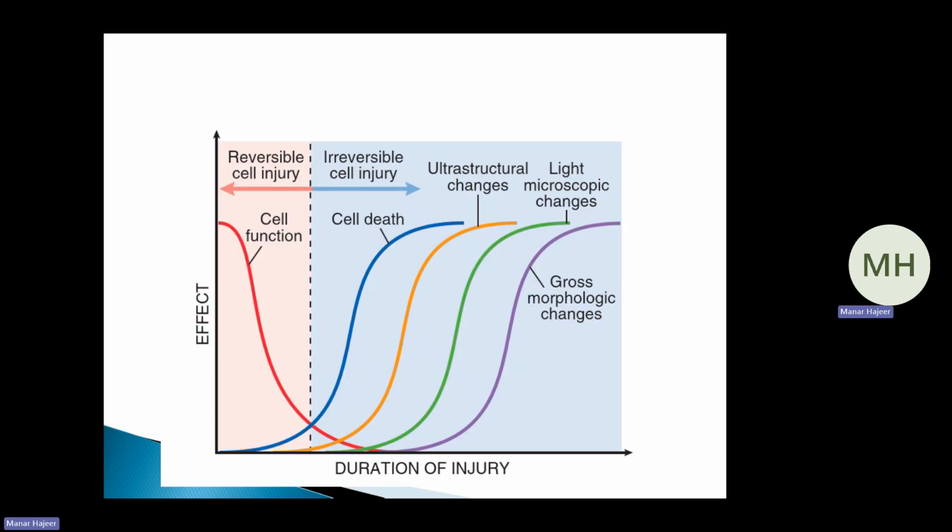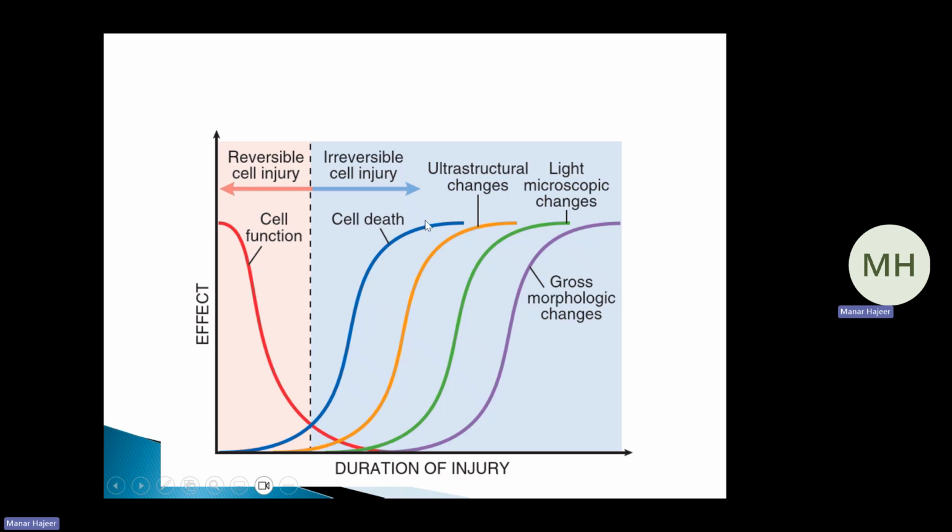Now let's talk about the function of the cell during cell injury. خلينا نتفق إنه the injured cell سواء كانت reversible injury أو irreversible injury is non-functional. يعني loss of function is a feature of both reversible injury and irreversible injury. So as you can see here, the cell function will start to decline immediately after the onset of the reversible